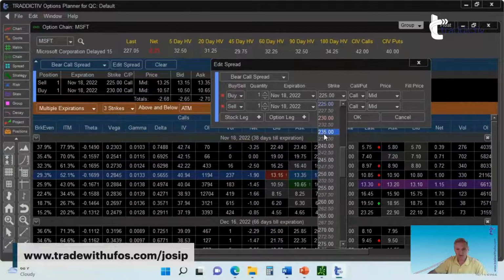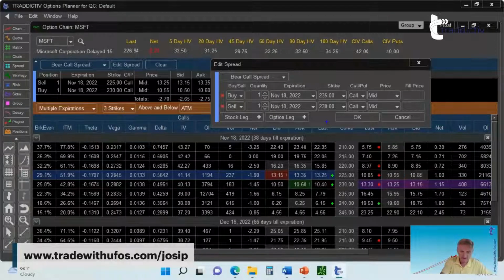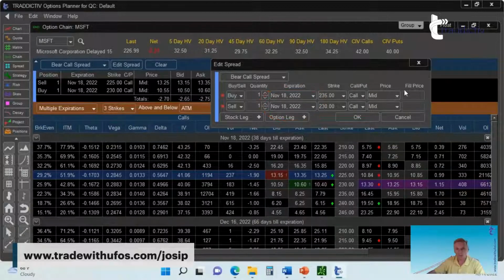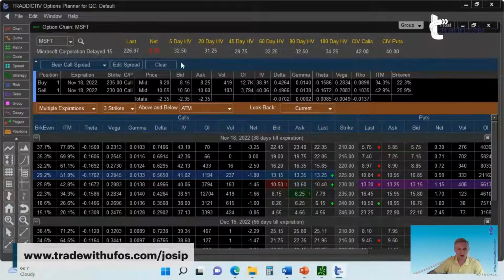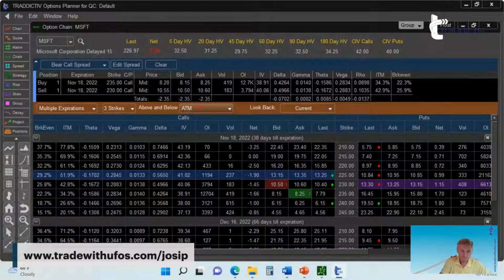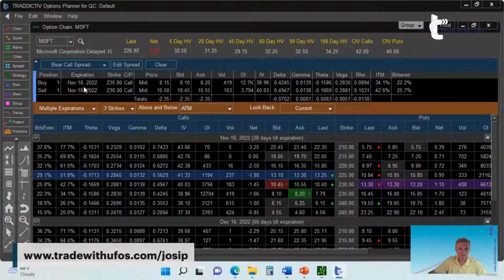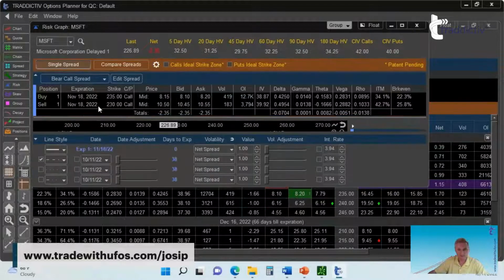One thing I'm going to point out: notice that by default setting, this has actually selected November for me, and that's not what I want. But if I were to do the November, just as a point of comparison, how much premium would I be getting? For a November bear call spread right here, it shows that I would get $235 of premium, while I would be risking,